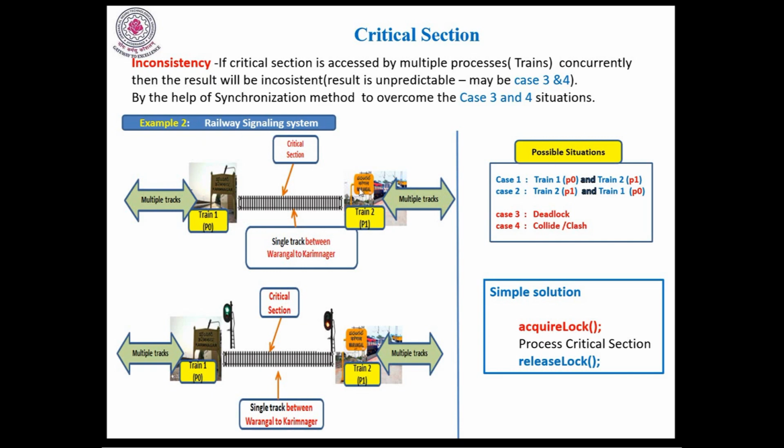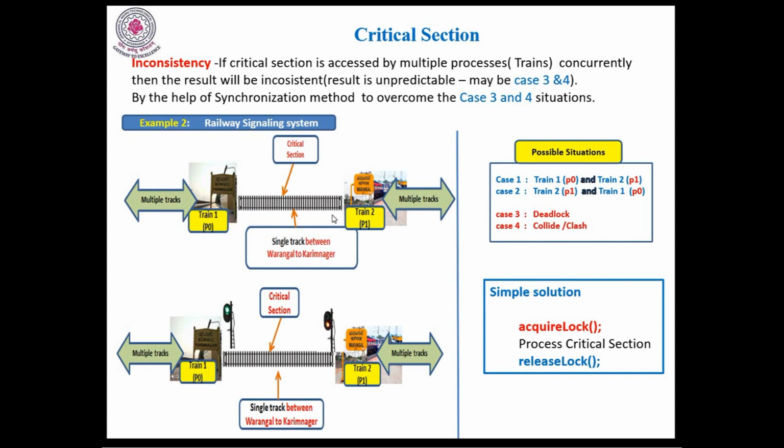Let us look into this example. Look at this picture. There is a track between station and station. In between certain station to certain station, there will be a single track. Where the single track is there, that is called a common resource. When it is a common resource, I can say this is called a critical section area. Why is this a critical section? Because it is a single track. This track can allow only one train at a time, not more than one train. So I am assuming it as a critical section.